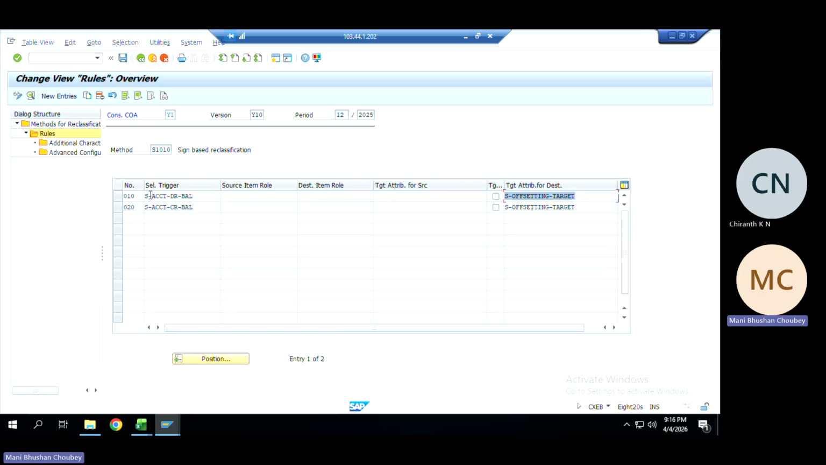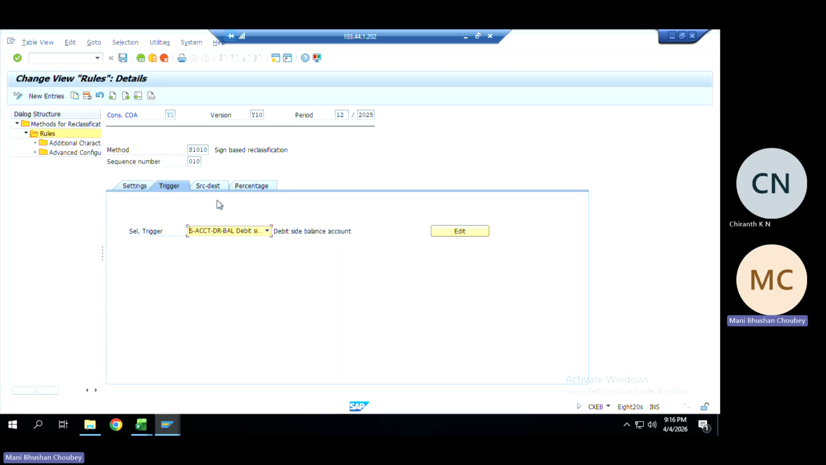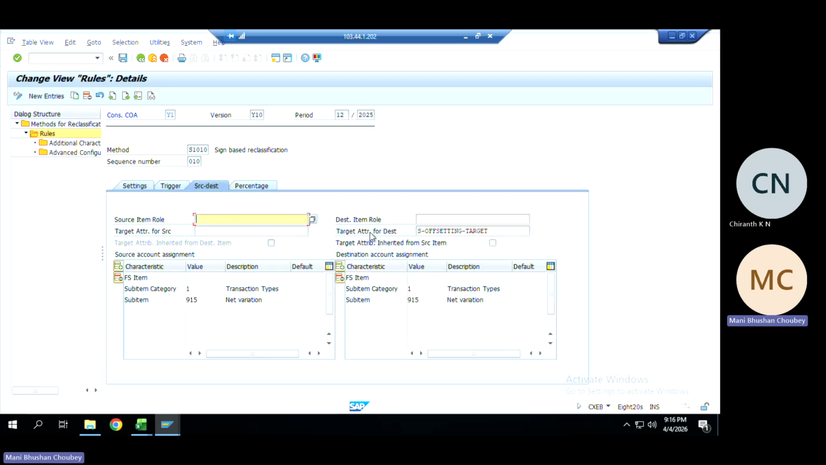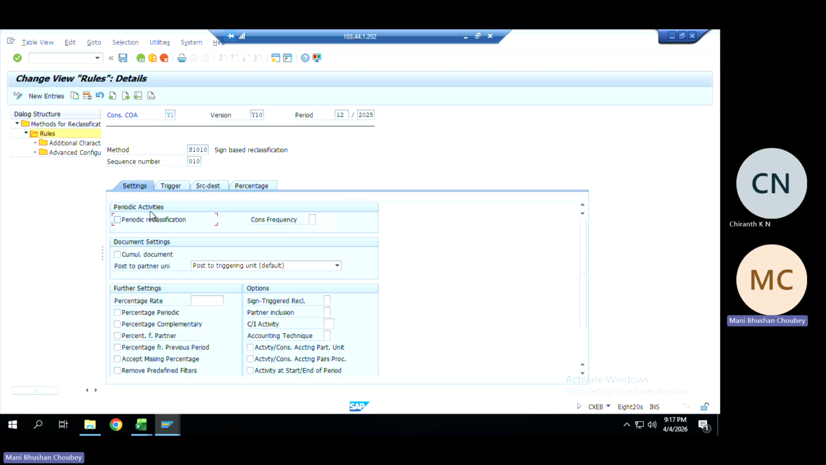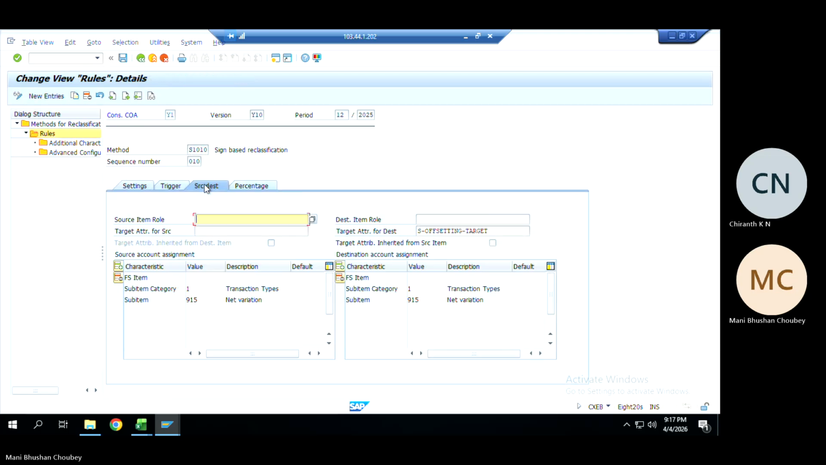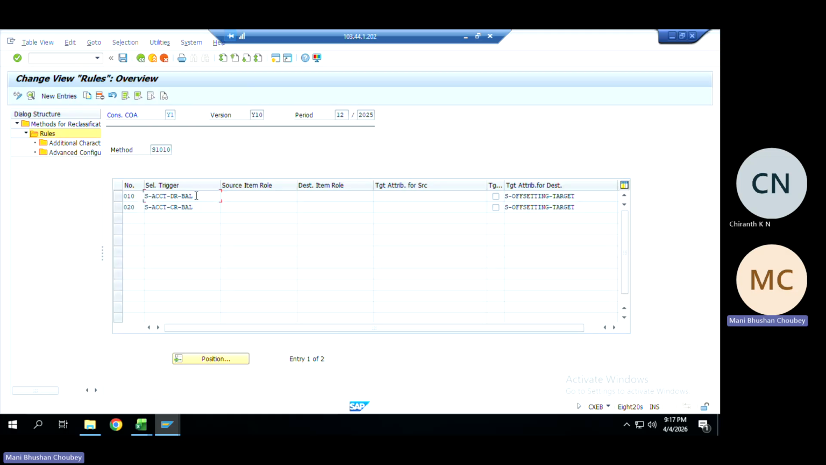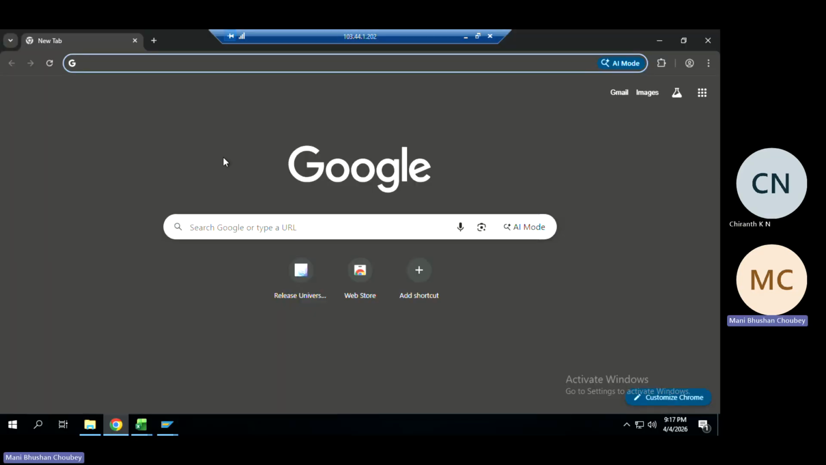So if I just double click on this one, this is my trigger and this is my offset. So offset and all, if I show you this selection, we define the selection. Once again, let me just go back. Trigger. If I just go to this trigger, selection trigger. So in my query,